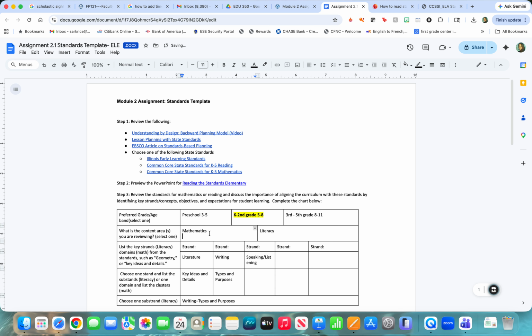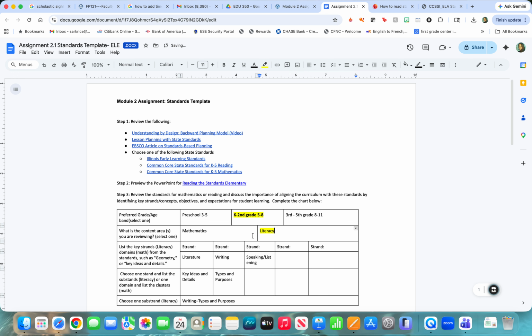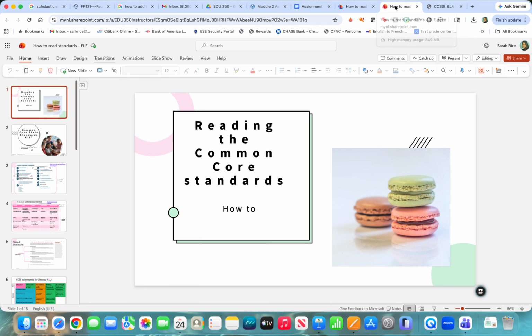And then let's say I'm choosing literacy. You choose either literacy or math. So I'm going to choose literacy. And then you have to put the strand. Now, all of that is in the PowerPoint presentation. So I click here, reading the elementary standards. There's a presentation in the